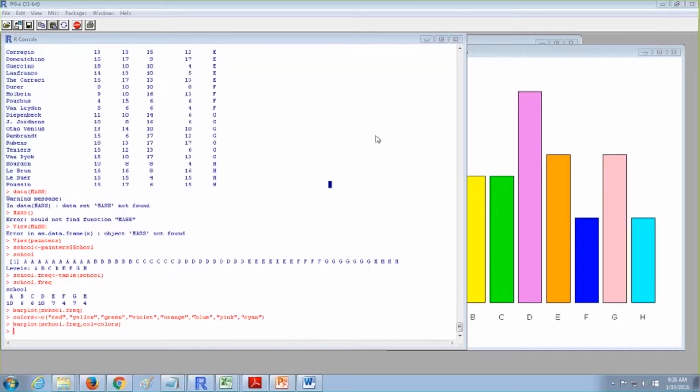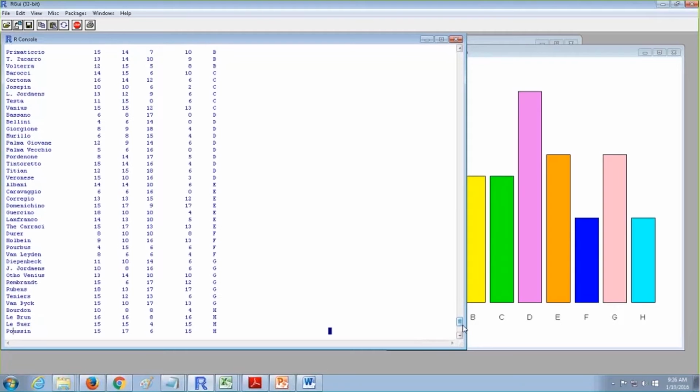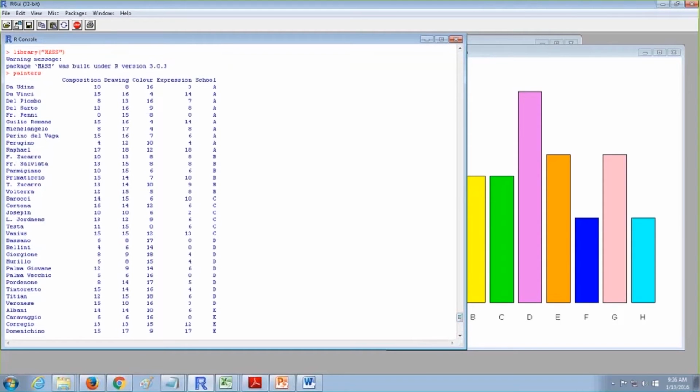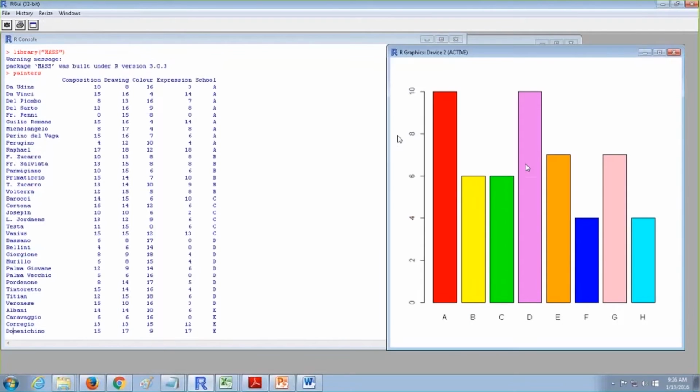And you got my question right. What is the question that I was specifying? Everyone understood what question I was talking about? There are different schools. Okay. So one bar plot that I had made, I had made only with the school, based on their frequency. So A had repeated 10 times, B had repeated 8 times. So based on this I had created a bar plot. Here A's frequency is 10 times, so the bar plot is constructed. B is repeated 6 times, so the bar plot is constructed.